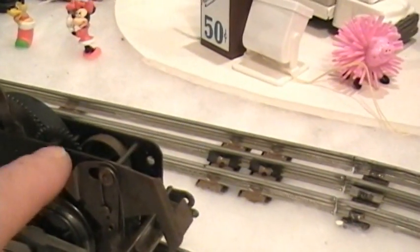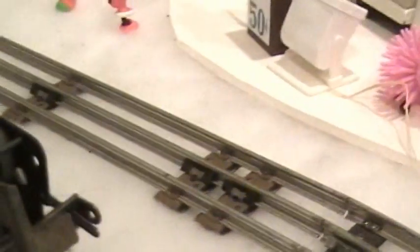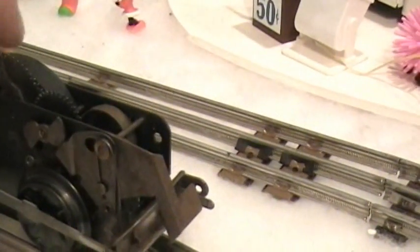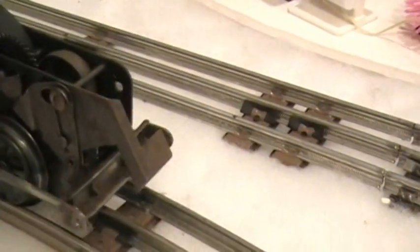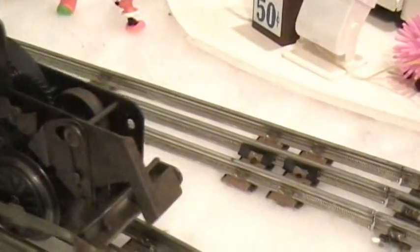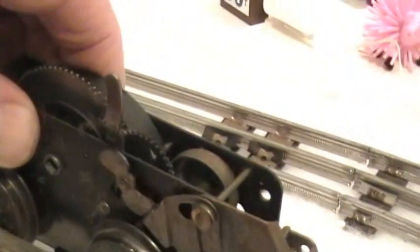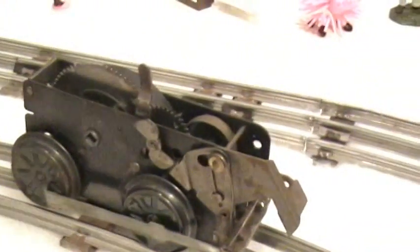You've got this rotating cam, excuse all the dust, and this lever here in the front. I've got this one slightly wound so, with a little luck, you can see that lever snap. Obviously this motor has not been cleaned and oiled and so on. But anyway, as it goes along, that lever snaps back and forth. And what it does,